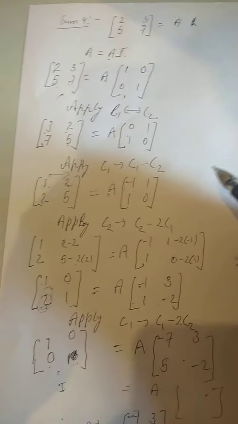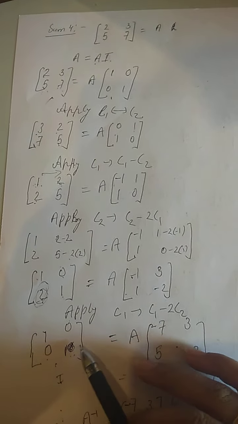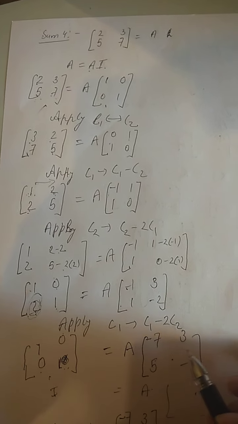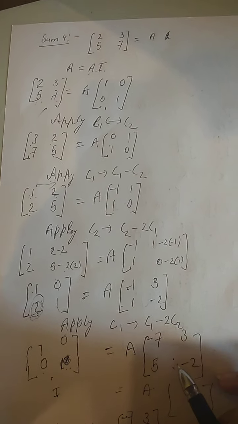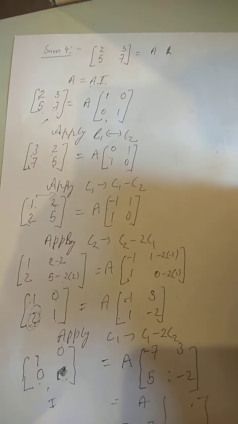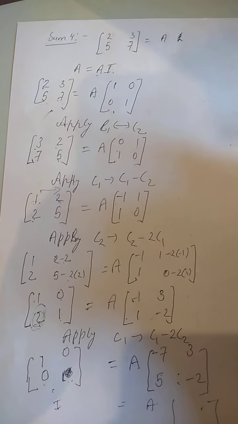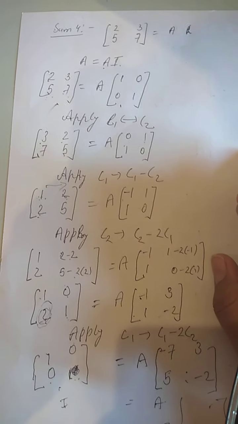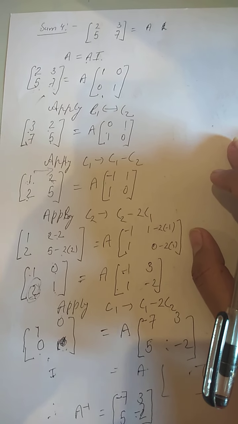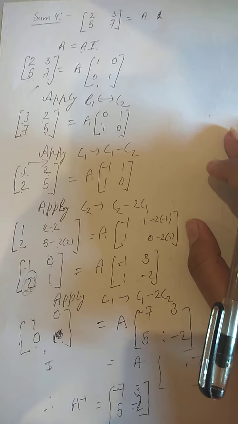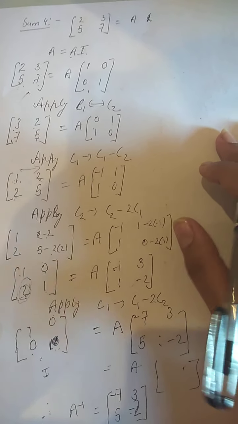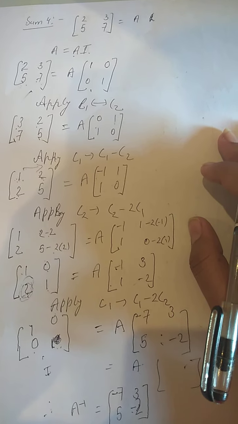And remember, while applying the operations, if you get in the left hand side any row completely 0, while making this an identity matrix, if any row or any column becomes 0, that means a full row is 0 0 or a full column is 0 0, then the result will be that the inverse of the matrix does not exist, right? So remember this thing. I think in one sum you will face this problem where one row or column is becoming 0. Once it comes, simply write down that the inverse of the matrix does not exist, right?